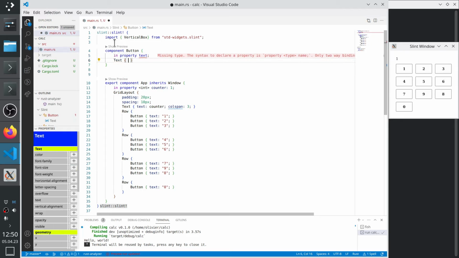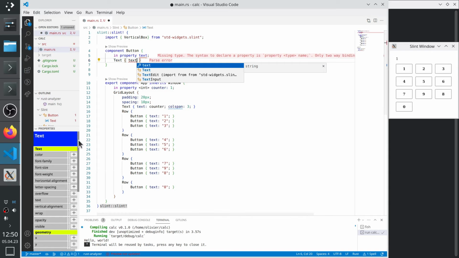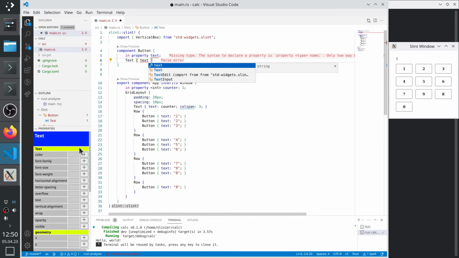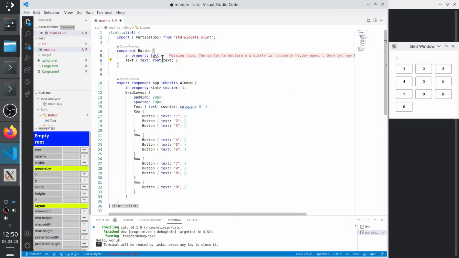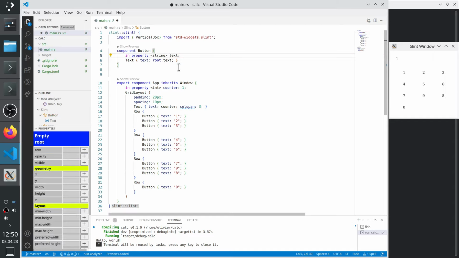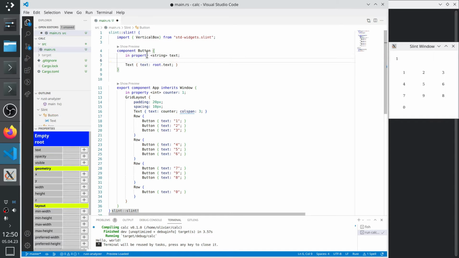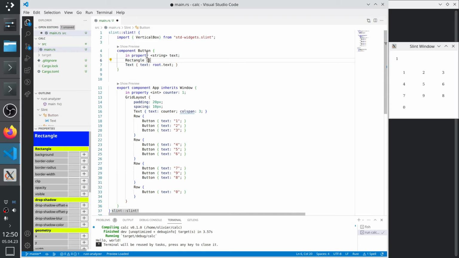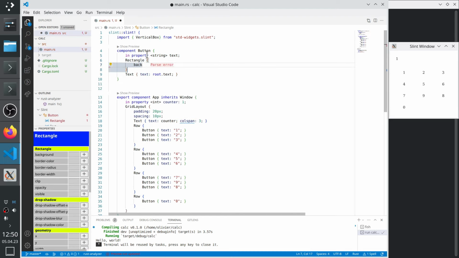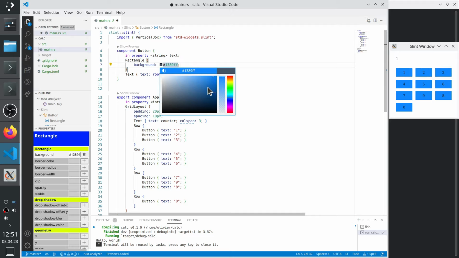And the text property, so we have here the list of the properties if we need them. The text property will be the root text. String. Okay, let's also have some background to it. So let's use a rectangle with a background. Some value here. Let's put it like some kind of blue,